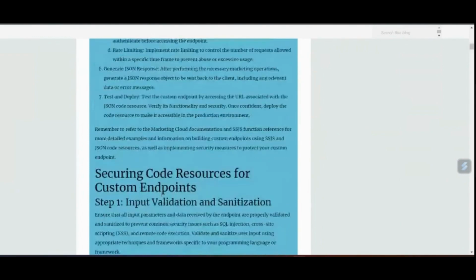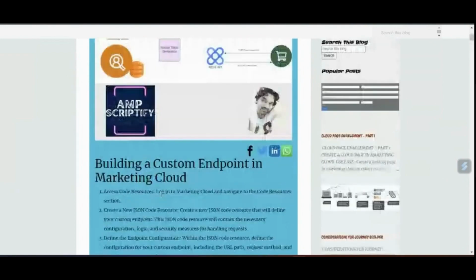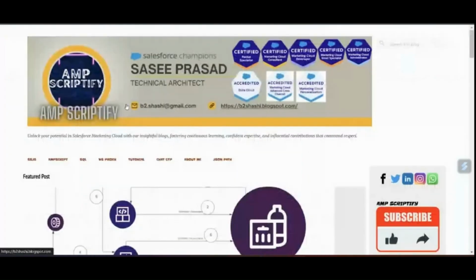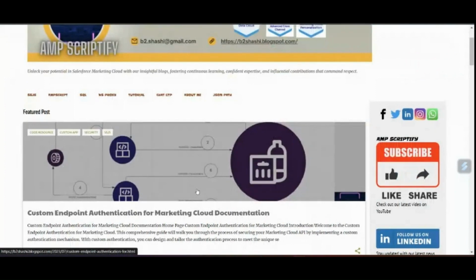Those are the basic things that we always have to keep in mind, because we are dealing with data security and also